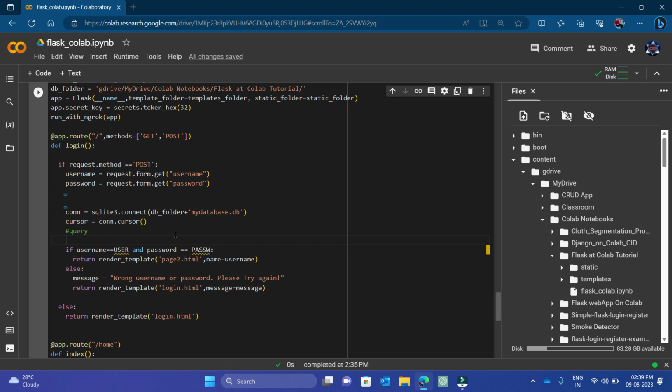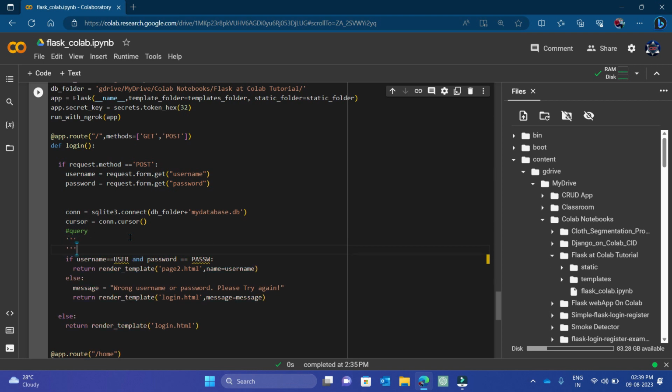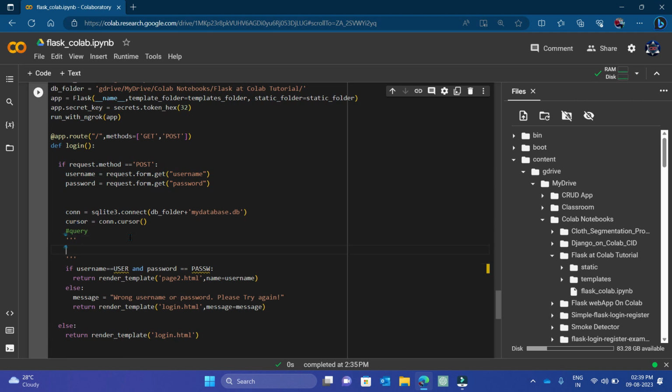Now we'll have to write the query to get all the values from the database where this username and password exist. If the username and password are matched from our database, then we'll allow the user to go to page2.html. So our query will be like this: select all from users, where